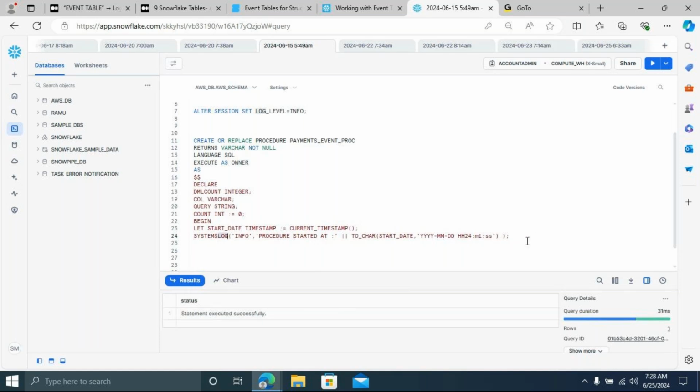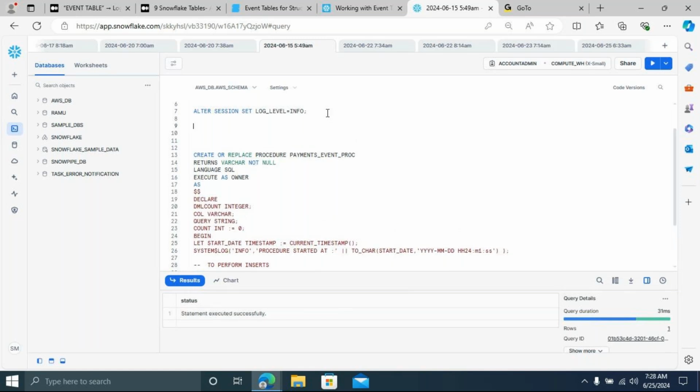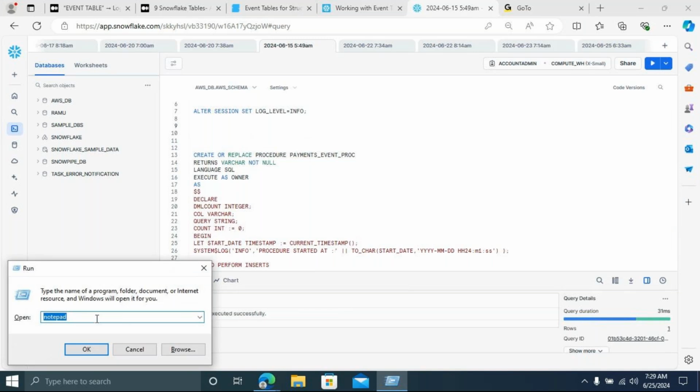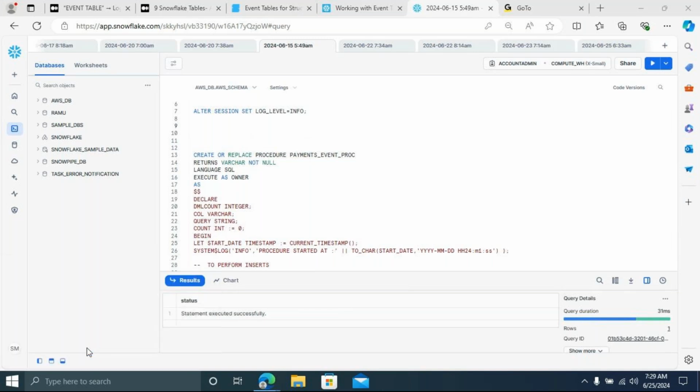Okay, now I'm going to do some inserts. Before performing some inserts, I want to create some tables, guys. I didn't complete my proc. I want to create some tables. Okay, I took my Notepad++. Let's see if any table is there or not. I need one source table and a target table.